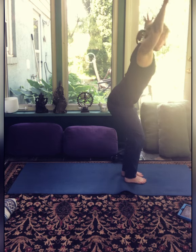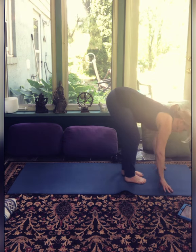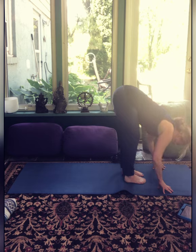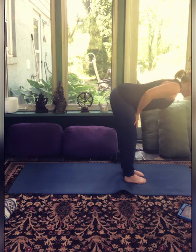Inhale, reach up, up, up. Go in as much length as we can before we fold. And now a little bend in the knees, fold forward. And if you can't quite reach the floor, bring your hands onto your shins or your ankles. Uttanasana, the sit bones are lifting and as you forward fold. We're going to come into the halfway lift, hands onto your thighs, chest parallel with the floor, and then plant